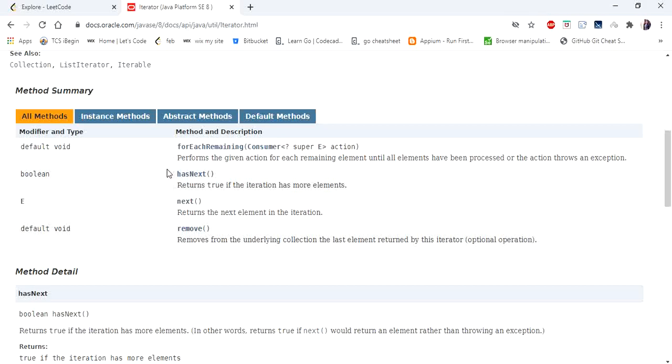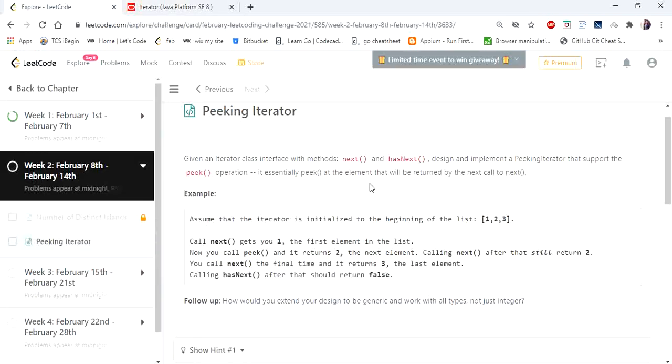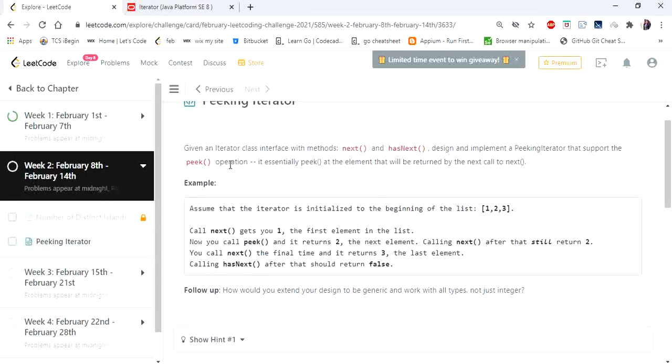Our concern is only hasNext and next. The next will return the next element in the iterator, and hasNext returns true if the iterator has more elements. So here our problem says we have to support or implement the peek operation from the iterator interface.